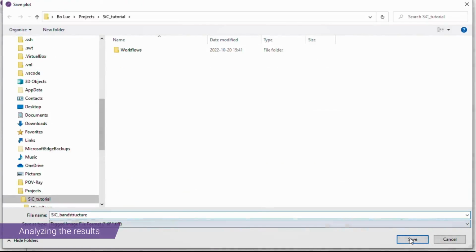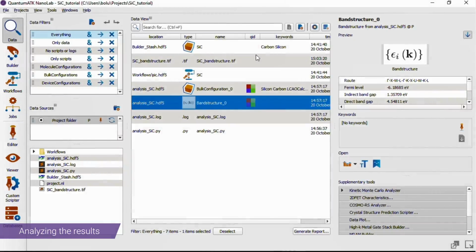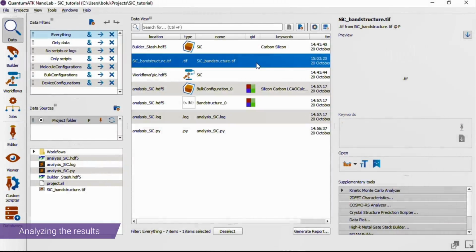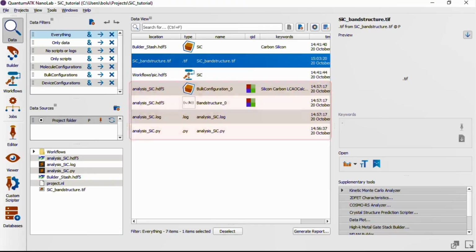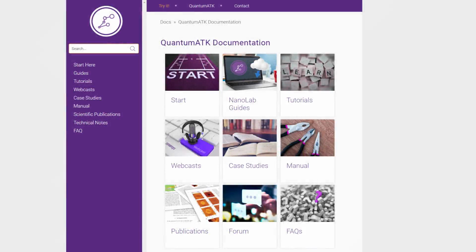So in summary, we've gone through the basic steps to set up and perform a basic materials modeling project in QuantumATK. We created an atomic model in the builder, set up a calculation workflow, ran the calculation job, and analyzed the results. That's the end of this video, but we have many more tutorials that go more in-depth on the